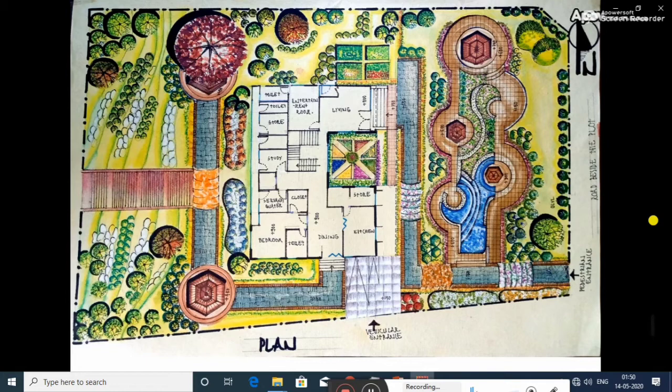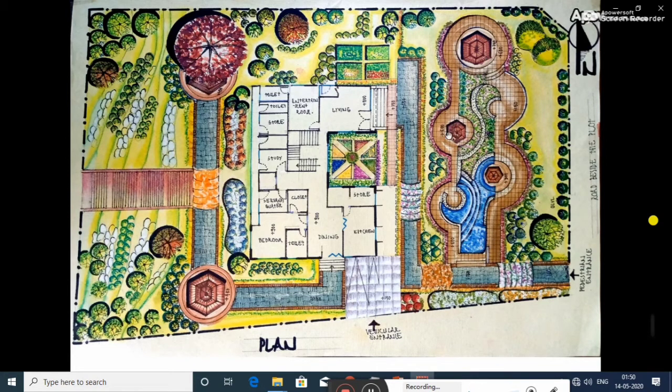Now explaining the pathway divided by step foundation and lily pond. From the entrance, anyone can reach the pathway leading to the gazebo.